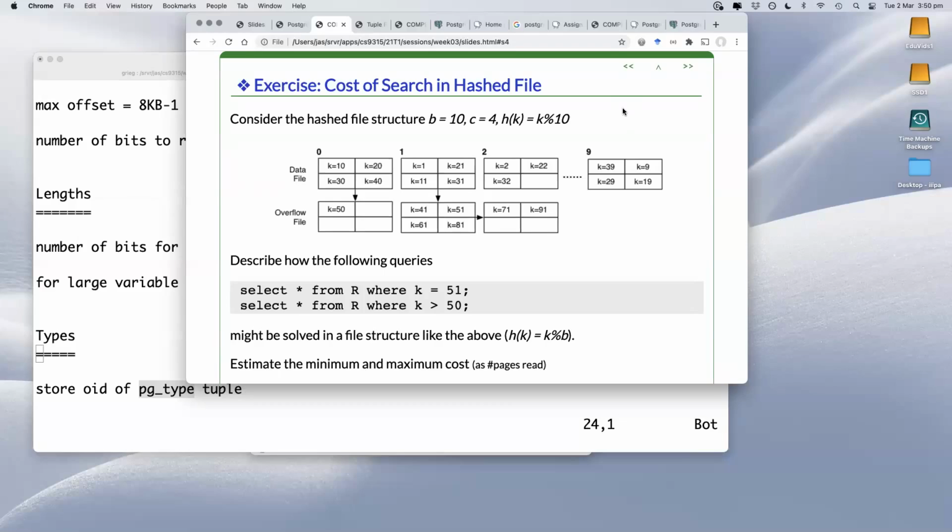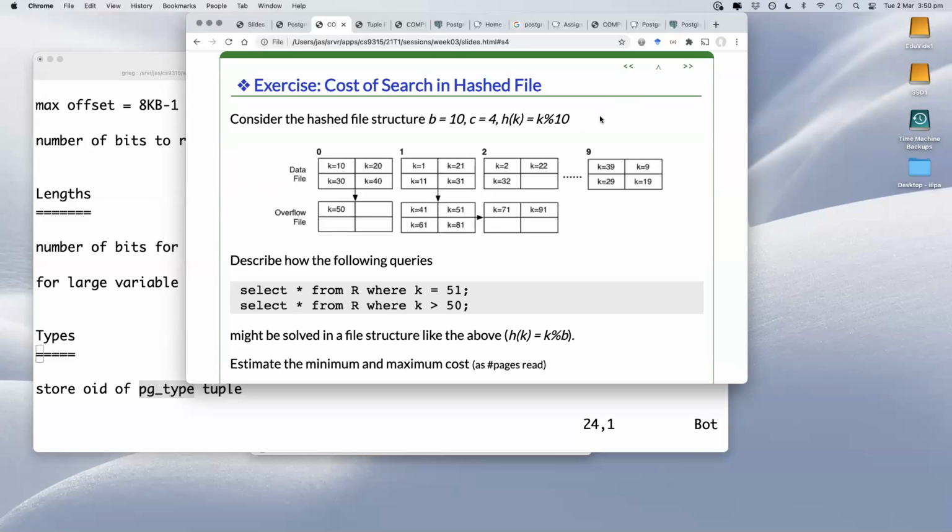So if you're talking about arrays, you take the key value, use a hash function to compute an index, and that's where you'll find the key value that you're looking for. Or you may not, and you may have to do